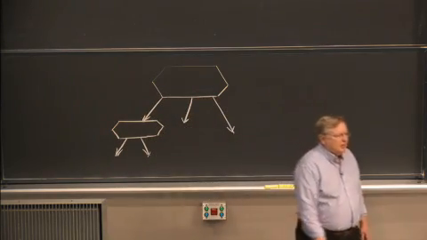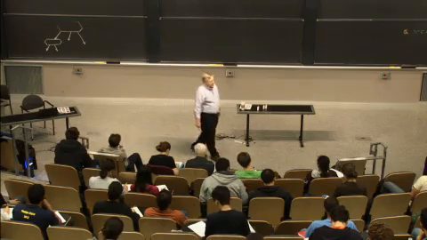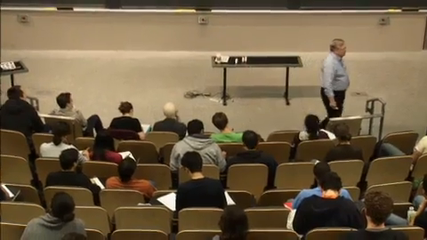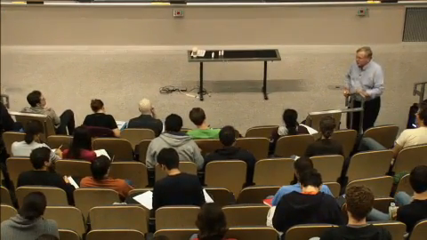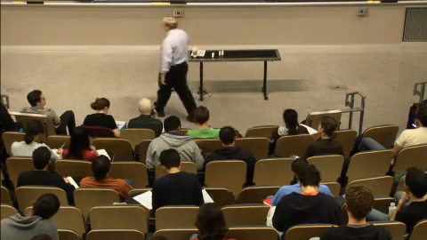So given a set of tests and a set of samples, the question becomes, how do you arrange the tests in a tree like that so as to do the identification that you want to do? So since we're talking about identification, it's not surprising that this kind of tree is called an identification tree.